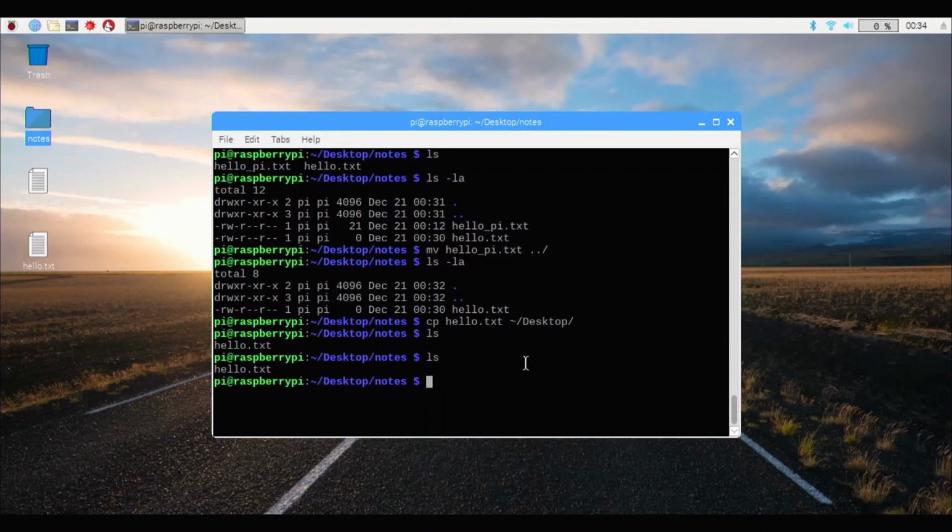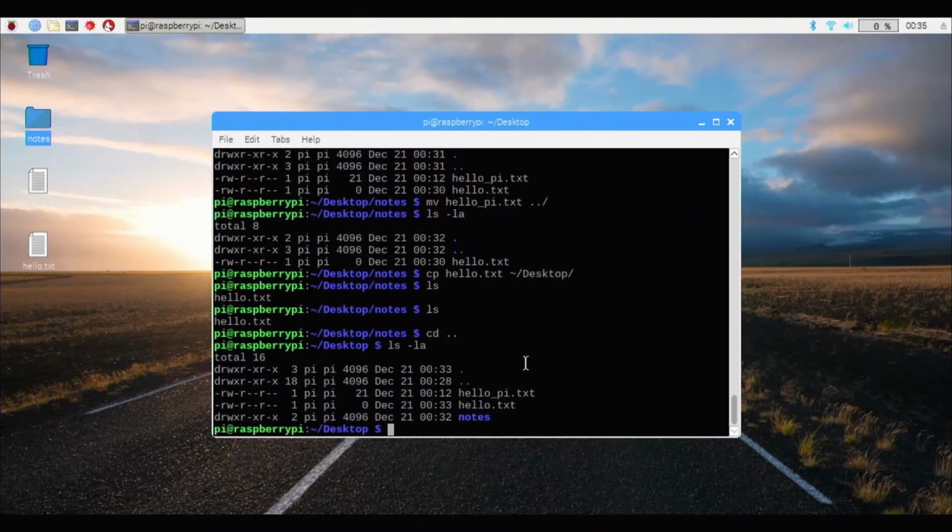That looks about right. But what happens when we move something back to where it came from and we don't change the file name? Well, what happens is we'll clobber the file. Clobber being old-timey slang for knocking something out. And what it does is remove the old version in favor of the new one. So just to see how that would work, if we